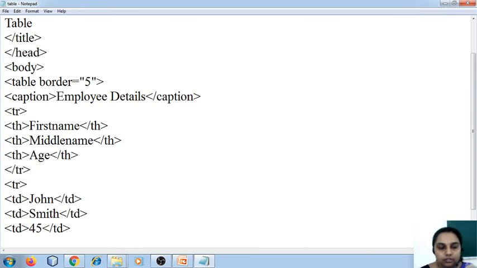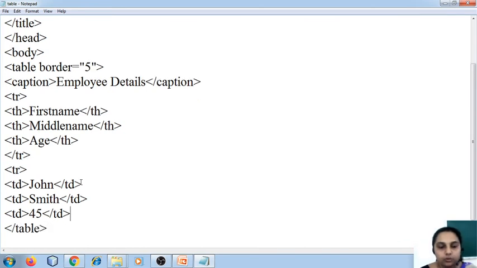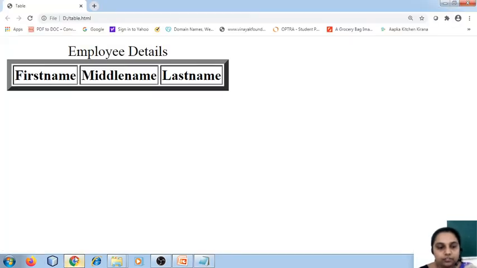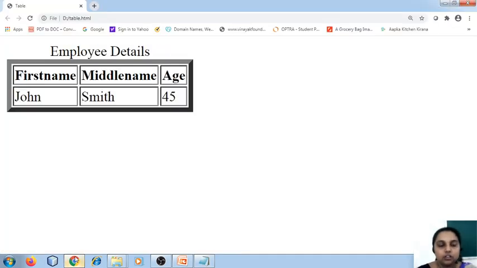Fine. And then what I have to do, I have to close this row because I have to start the next row, right? So before starting the next row, I need to use the closing tag for the previous row. I have clicked on save and then I press F5. So now can you observe one new row is being created. Previously we had only table headers. Now when we have used the TR tag, a new row is being created.